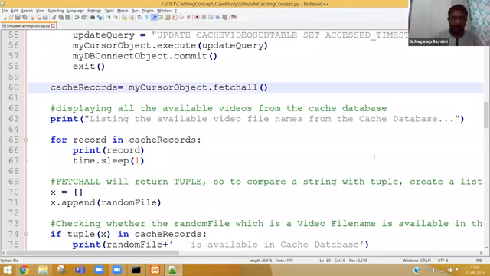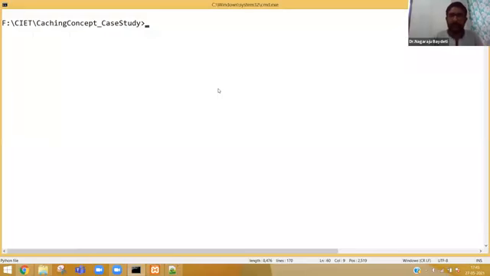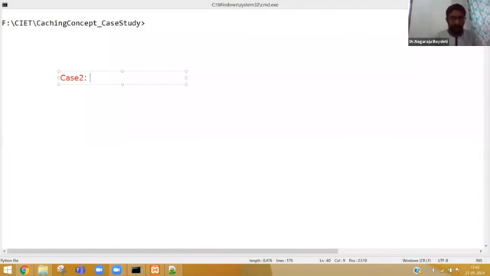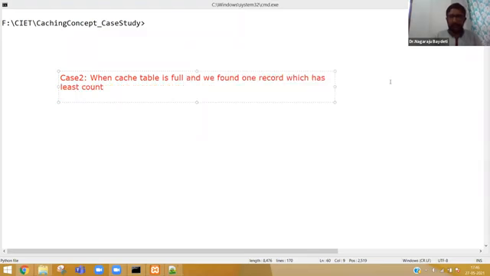Case 1 is when cache is not full. So now, let me just write here, case 2: when cache table is full and we found one record which has least count. Then what to do? It's very simple.